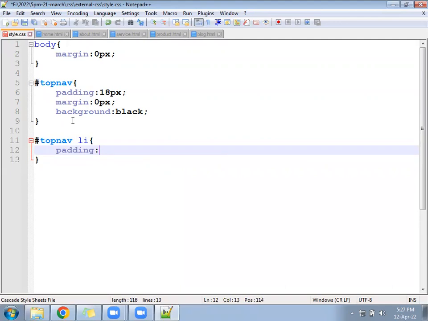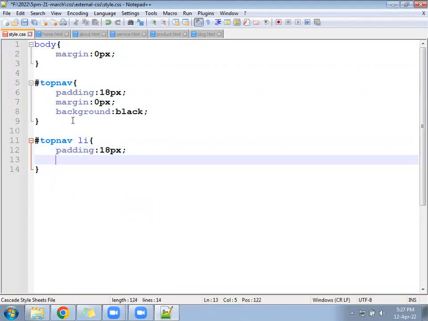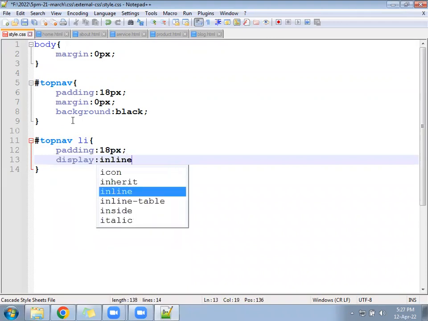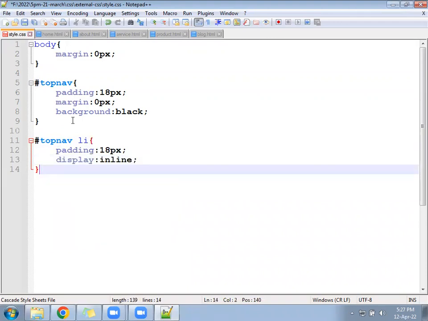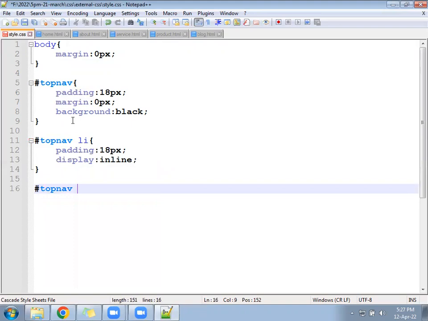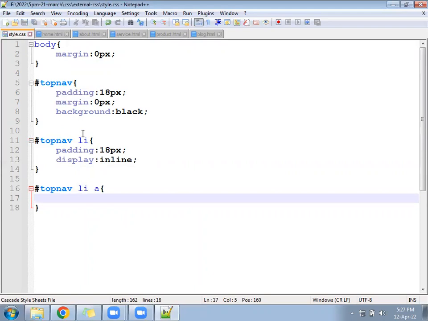Padding 18 pixel and display inline. It should come one after the other. Under the top nav ID there will be li. Under the li there will be an a tag. So here top nav is the parent, li is the child, and a is the last child.